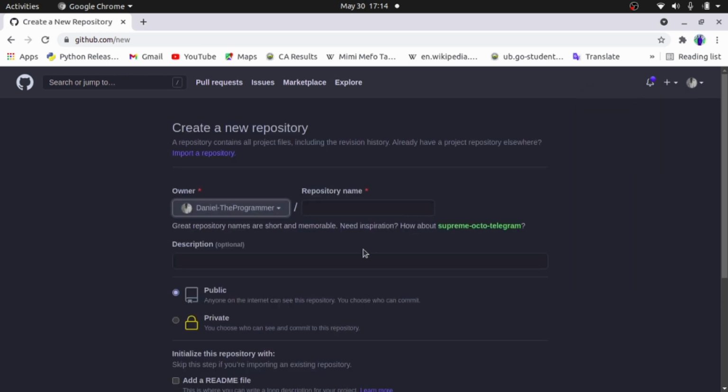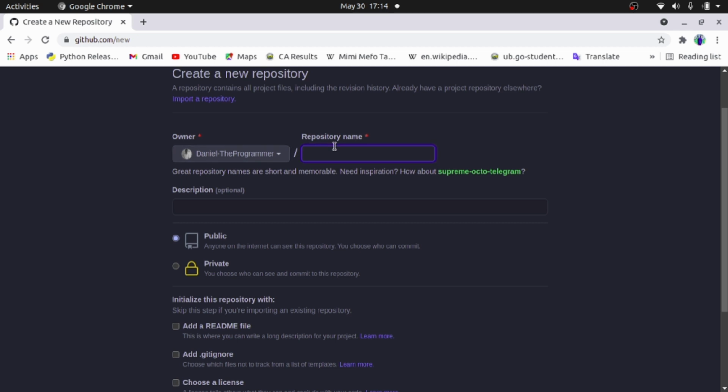Now you take new repository, you give your repository a particular name that will make you recognize it. So for instance, I will just name it my first repo. Now my first repo already exists, so I'll just give my first repo 1. Okay, now your new repository has been created as my first repo. A description just gives a brief idea of what your repo is all about. So just say this is my first ever repo on GitHub, for instance.